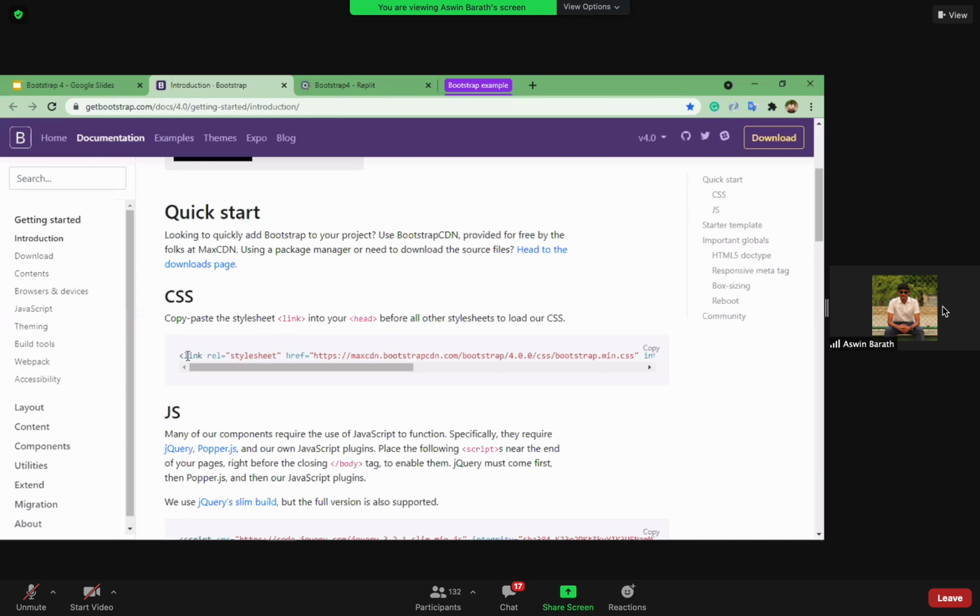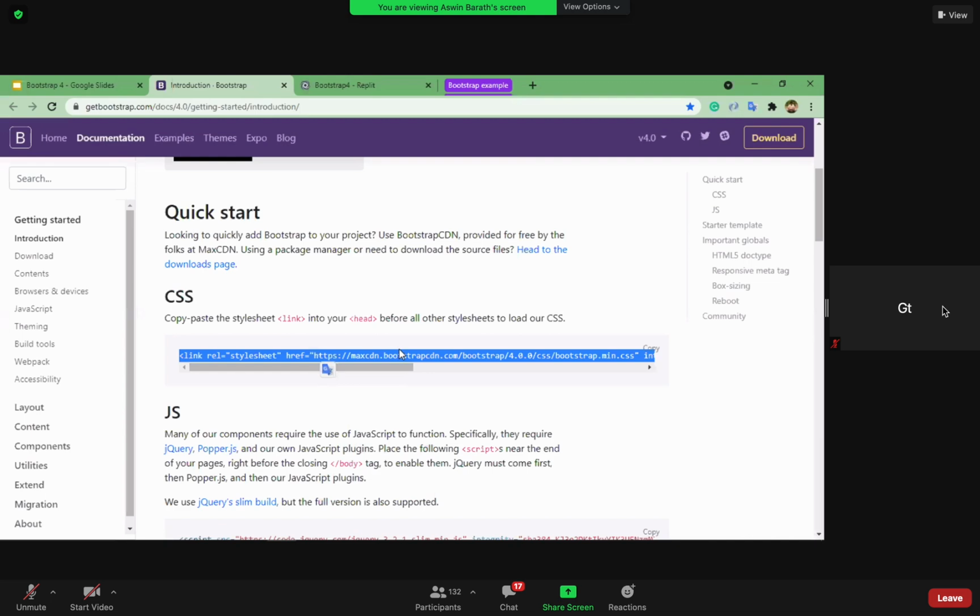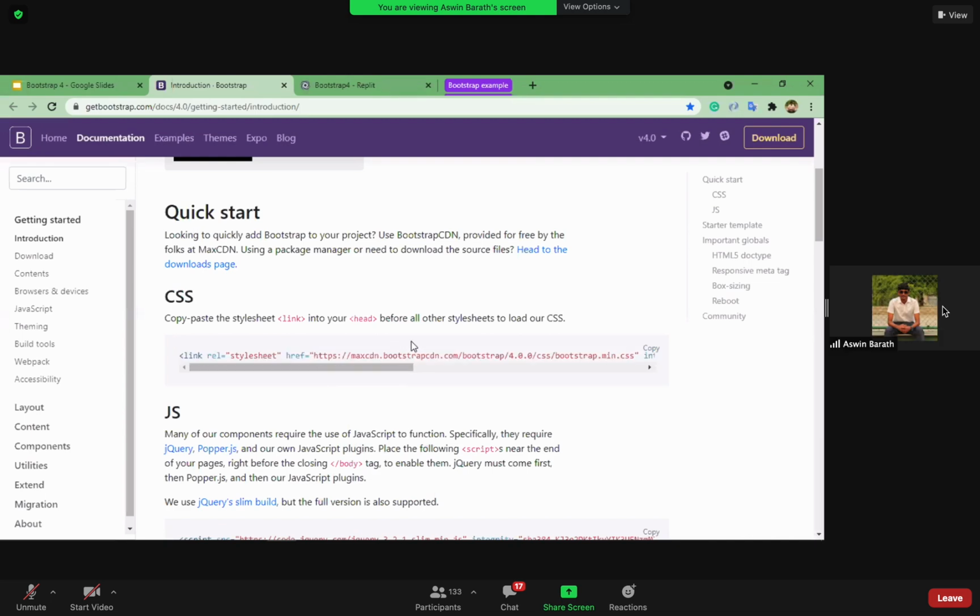Can anyone tell me what type of CSS this would be? External. Exactly. So this is an external CSS, and we can also say Bootstrap is nothing but another CSS file. The developers who built Bootstrap have predefined CSS styles that we can use quickly.